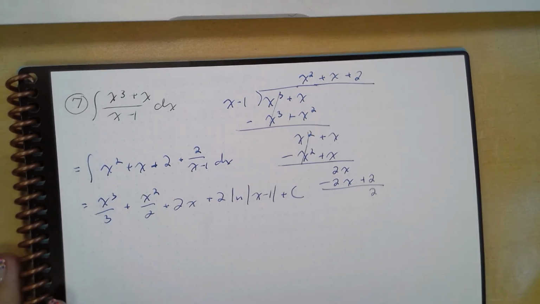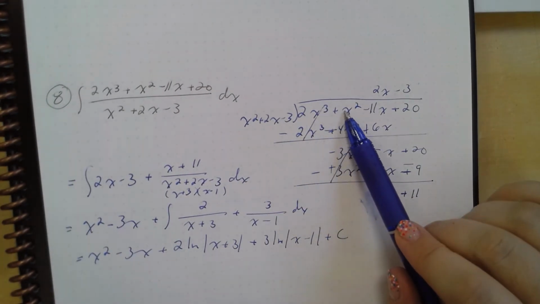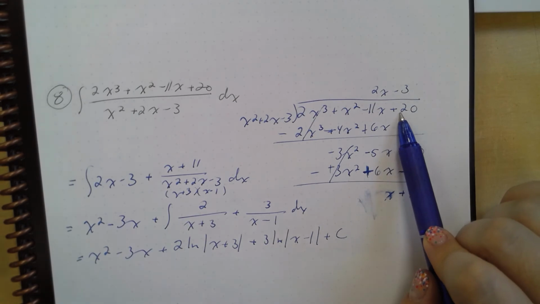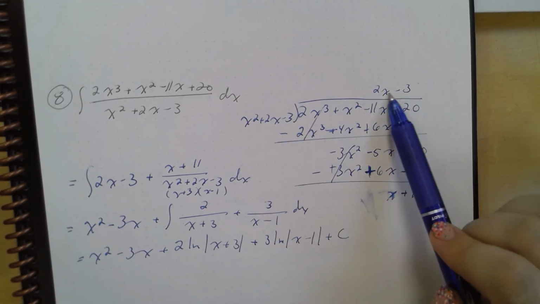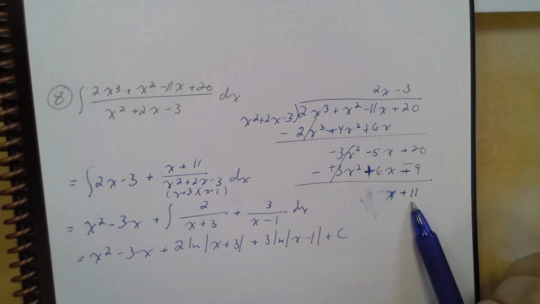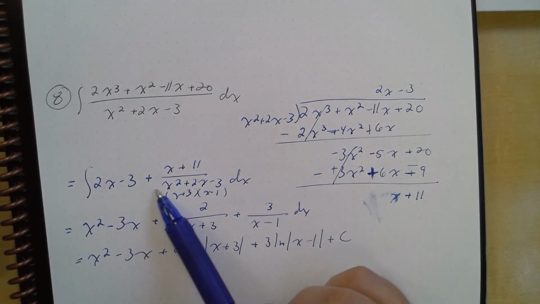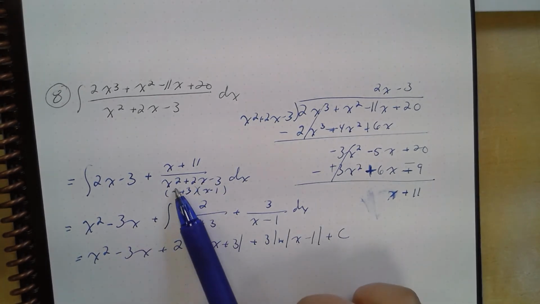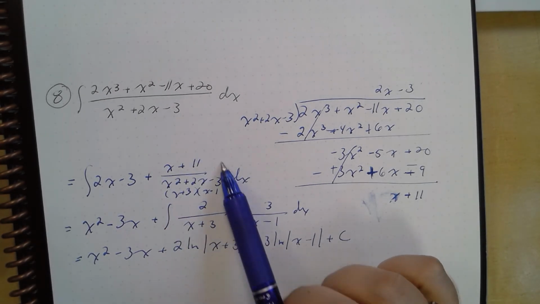For number 8, another long one, we have 2x cubed plus x squared minus 11x plus 20. We divide by x squared plus 2x minus 3. We get 2x minus 3 with a remainder of x plus 11. Now that's okay. So we're going to have 2x minus 3 plus x plus 11 over x squared plus 2x minus 3. Now this part actually needs to be done